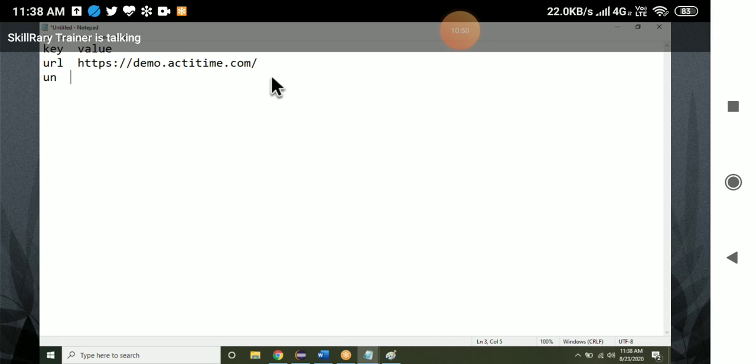Same way, username, I'm going to give it as admin. Password, manager. This is how we keep the data in the property file. It is similar to Notepad only. Open a Notepad and type this. In real time we never write it like this; for understanding, I've given the key and value like this.